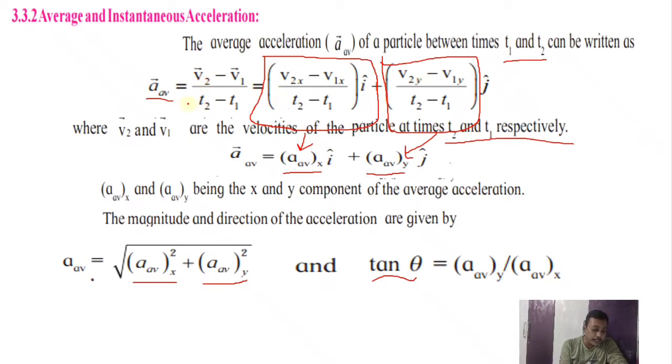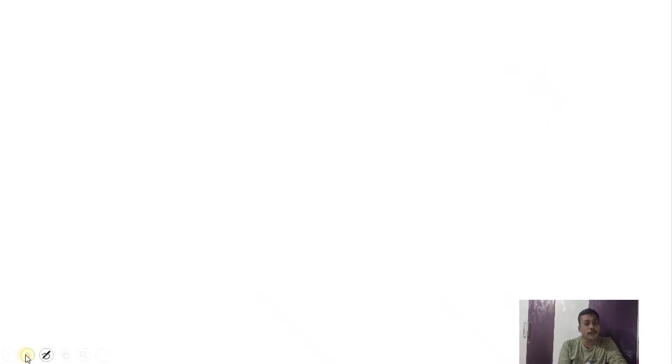So when we write average velocity, then x2 minus x1 is there. If I use average acceleration, then v2 bar minus v1 bar is there. So if velocity is taken, then it is the change in displacement or change in position. If acceleration is taken, then it is the change in velocity. So if I write v here, this is the formula for acceleration. If I write x instead of v, then it becomes the formula for velocity.